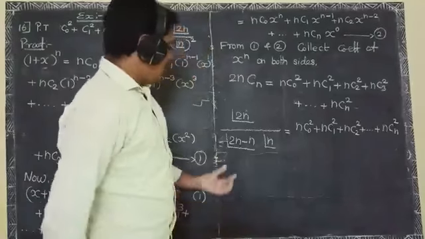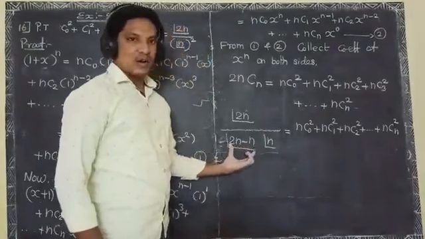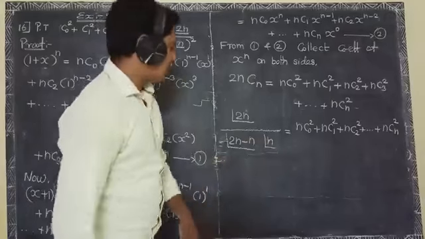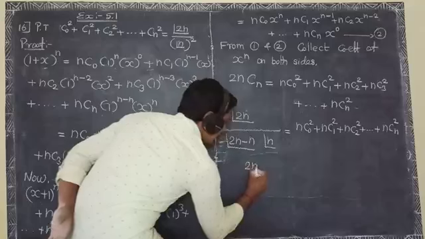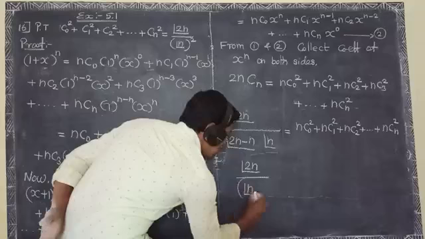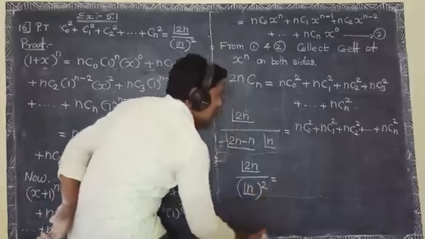Here 2n minus n is n factorial, so n factorial times n factorial is n factorial the whole square, that is 2n factorial divided by n factorial the whole square, which is equal to